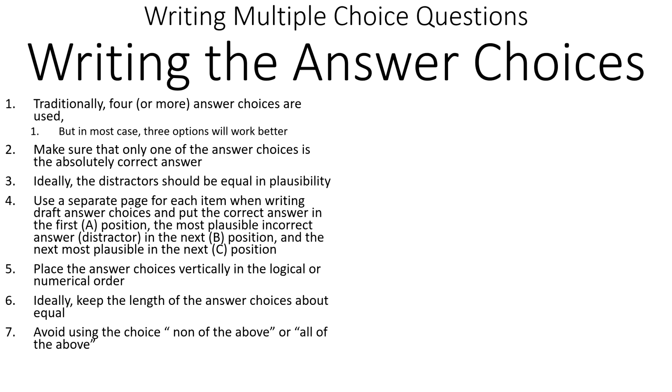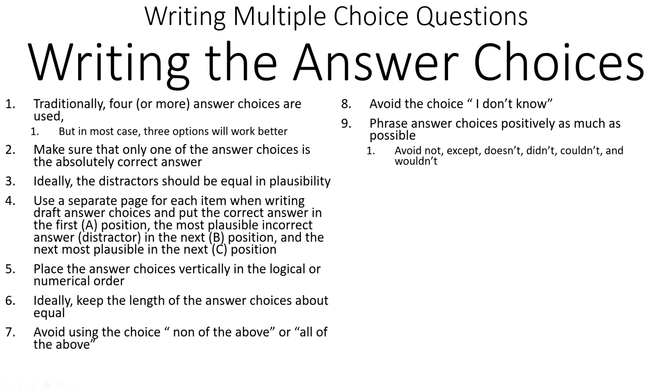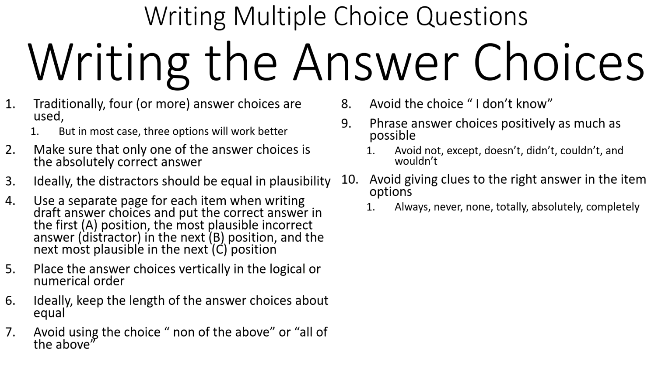Research shows that students use different strategies to answer these questions, so it will be hard to actually test what we are actually testing. Number 8 is not an option. Number 9 is, as we said for the stem, negative wording is also not good for the choices either. Any clue in the stem, for example, never, always, none, totally. Same the other way. Generally, usually, students use different strategies to answer these questions, so it will be very hard for us to know whether a student got the content or not. So it will make questionable